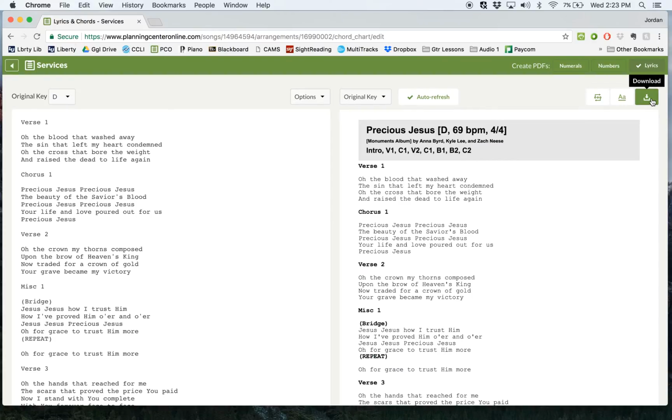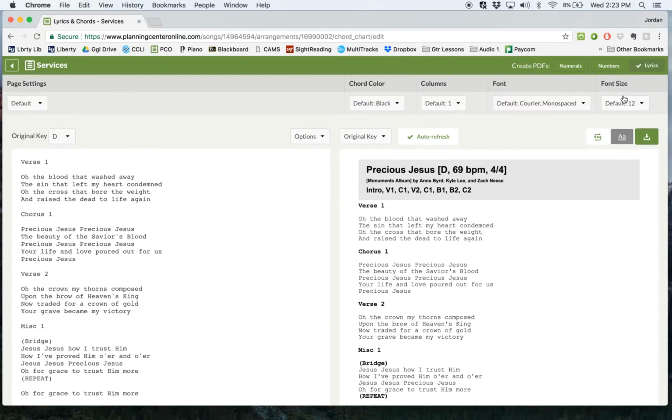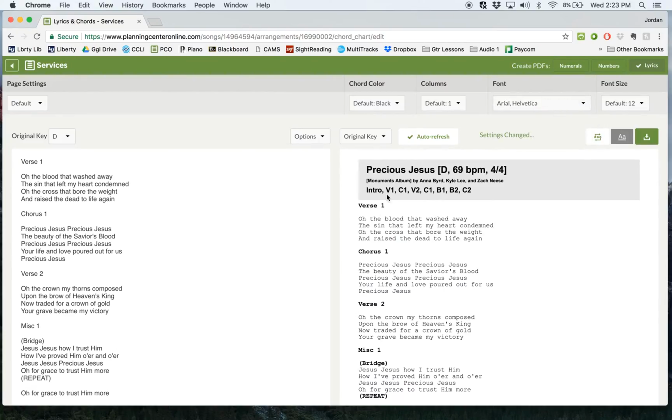That's a download button. We don't need to download anything right now. Format. Click on Format. The very first thing you need to know about making your own chord charts in Planning Center is don't use Courier. No one likes it. Don't bother. I wish you could change what this default was. Maybe you can now. Maybe eventually you will be able to. Right now you can't. Change it to Arial or Helvetica,